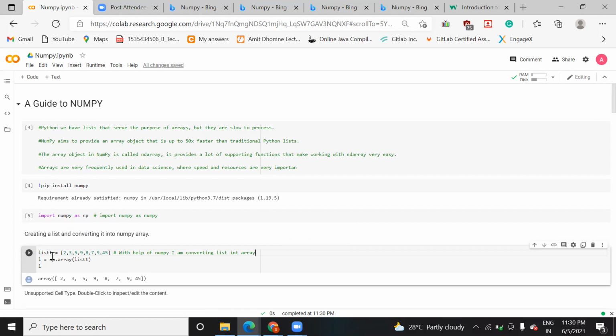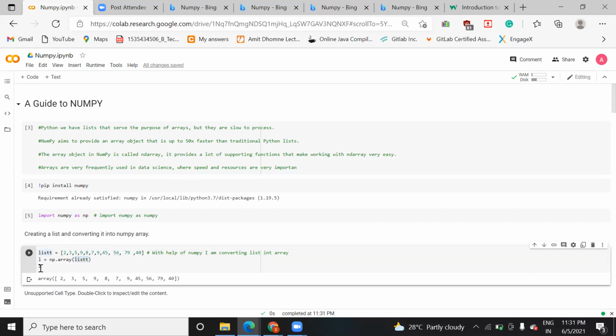Here I have taken one variable, list, and saved these elements. Let's take some more elements. In order to convert it, we just need to write the np.array function. As you can see, I have written L equals np.array, and I am passing the list variable here. Now I am going to run this.